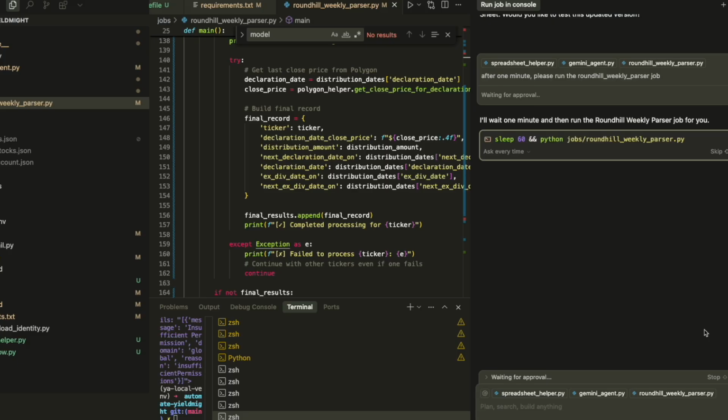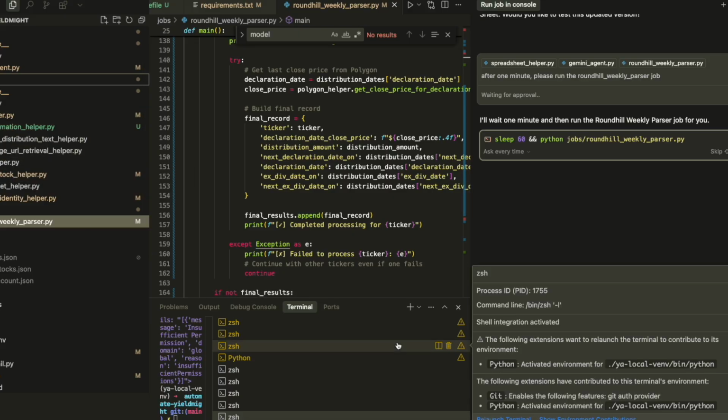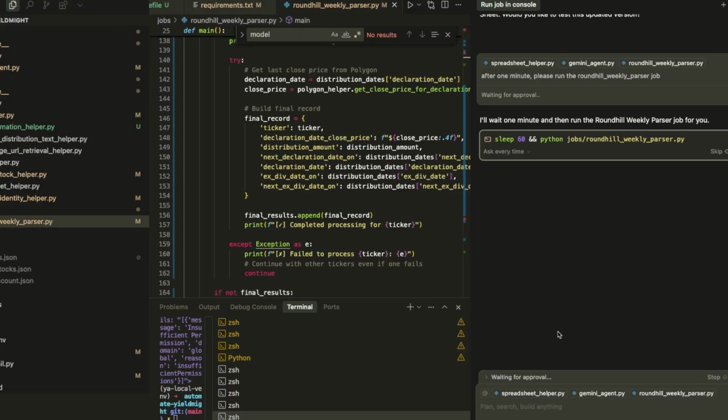So then what I've done is I don't actually know Python, but I used Cursor and ChatGPT, and we created a Gemini agent. We have a job, and we have a bunch of helper functions. And hopefully when we run this now, we don't need to wait a minute anymore.